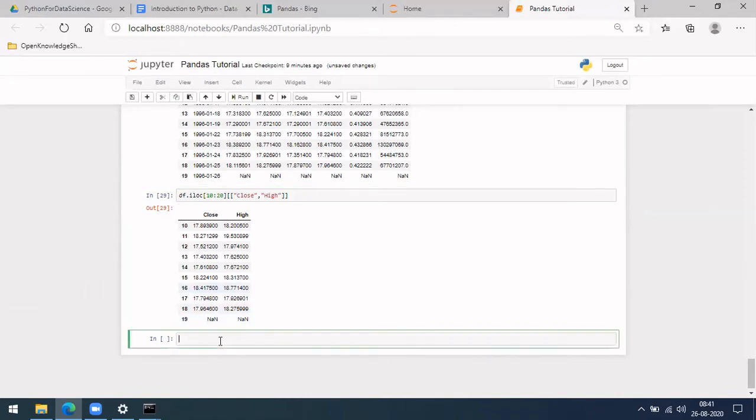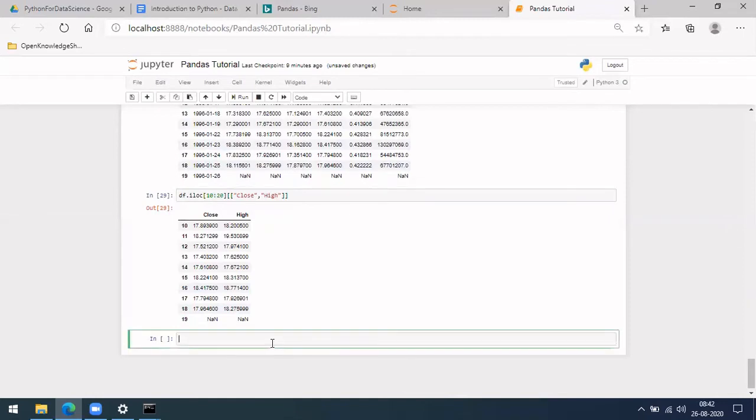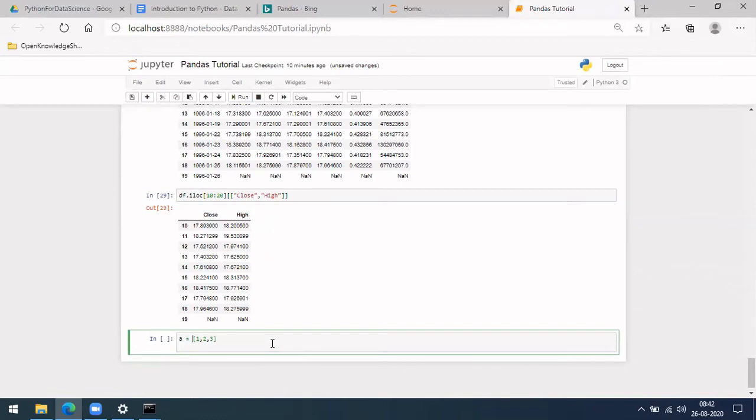So let me go forward and try something else. We'll continue with this. Let me try defining a simple data frame and see how it works. I'll call it df1. Let's say I have lists: a equal to 1 2 3, b equal to 4 5 6.